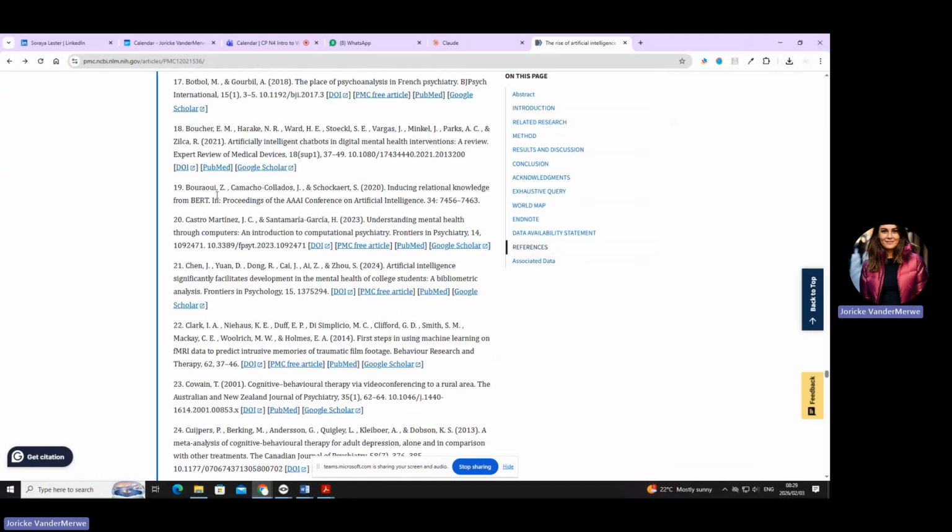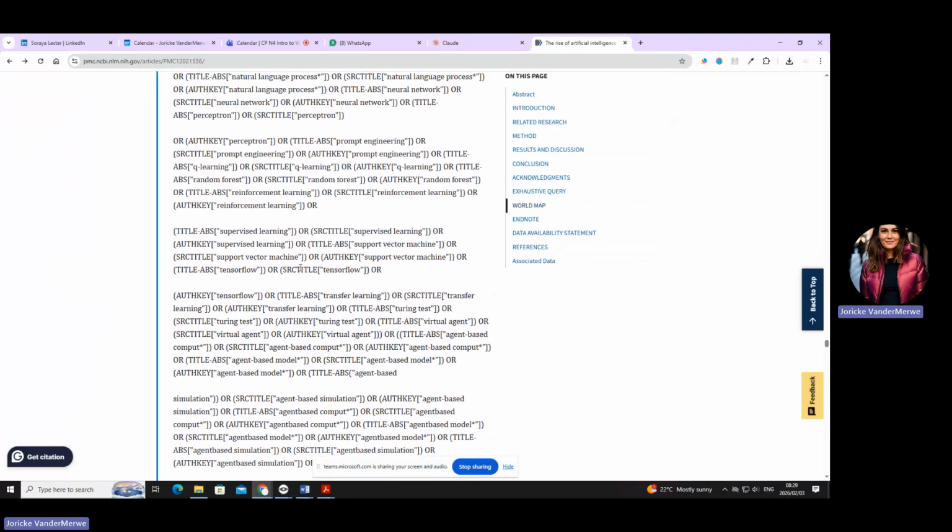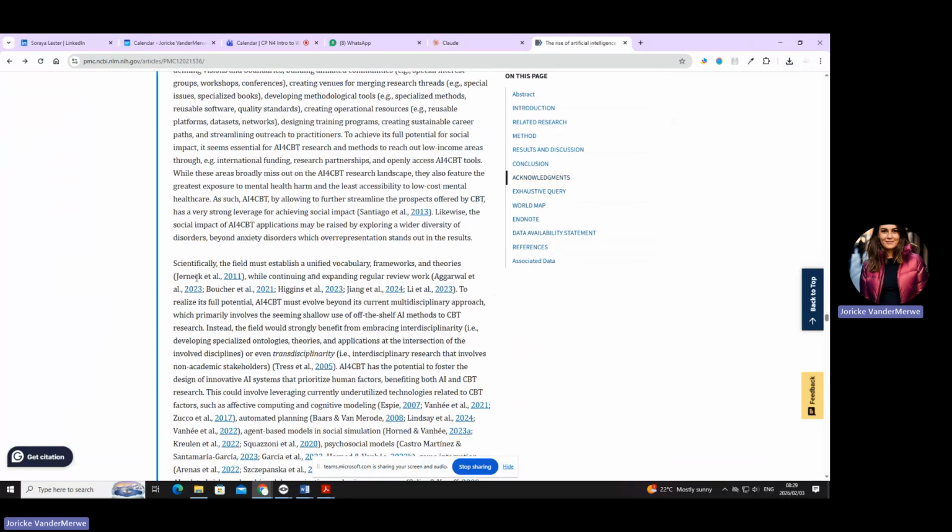So can you see all of these people that you see here below references, Agarwal, Aben, all of them has been somewhere referenced in this article. You can see there's Jarnek, Boucher, Higgins. So can you see the difference? A citation is only a surname or surnames of the authors that's been referenced. That's a citation. But at the end of a document, you give the full citation of whether the title of the journal or the book or all of that. Okay? You need to understand the difference.